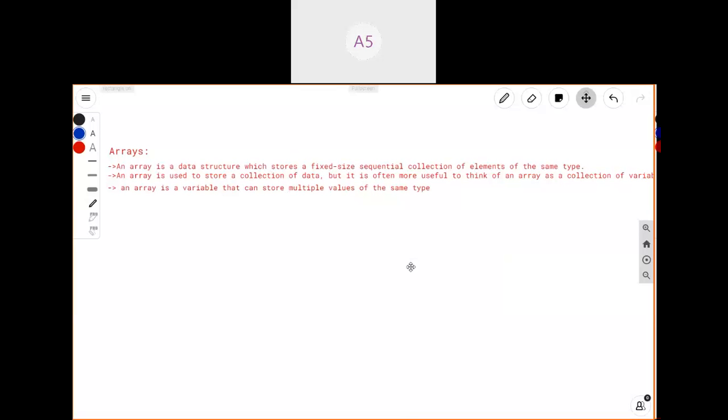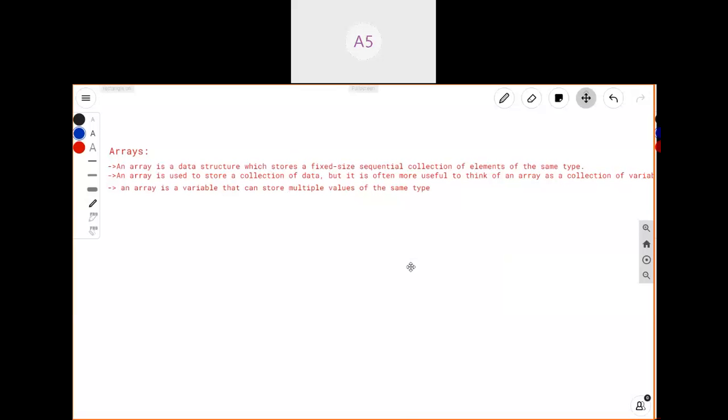The same way, if you have five floating type data, instead of declaring 5 floating variables, you can go for the arrays concept and declare one array with the float data type.